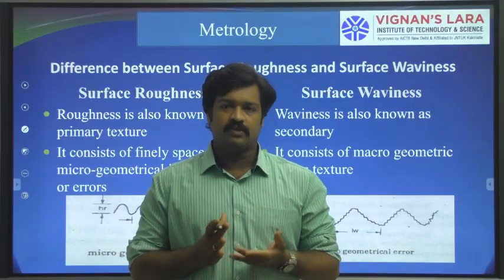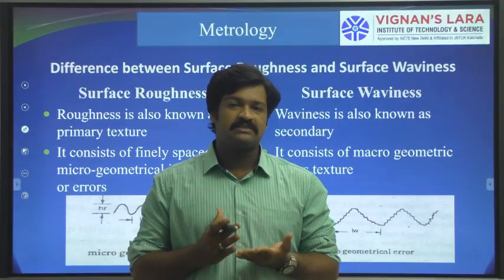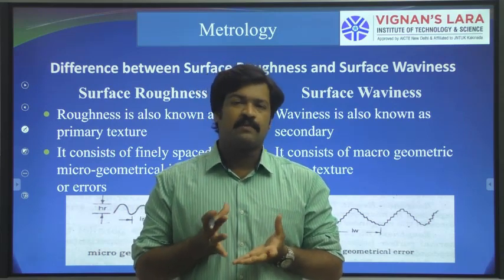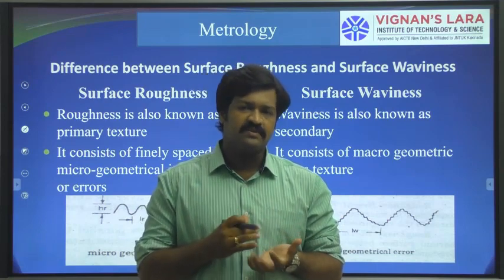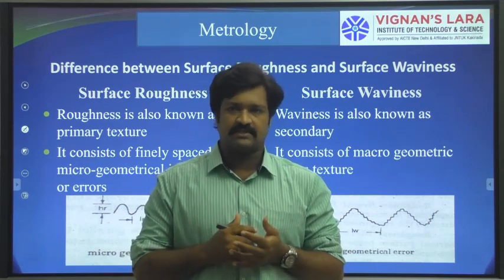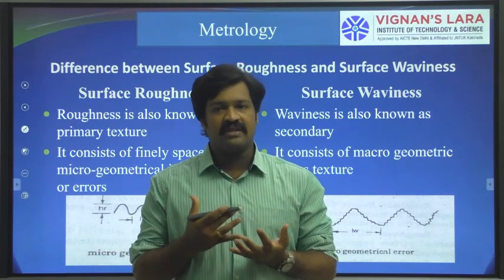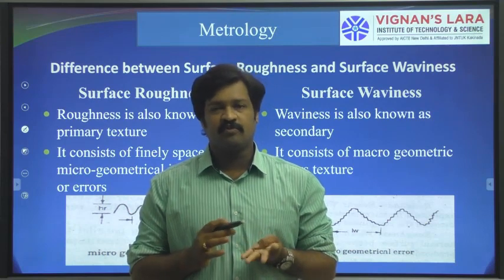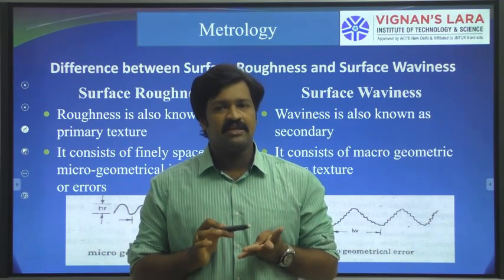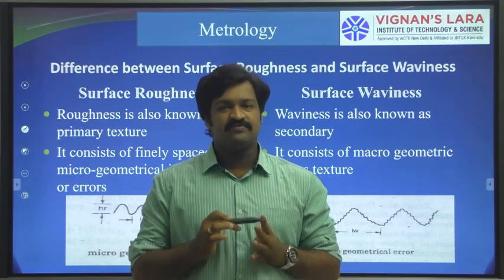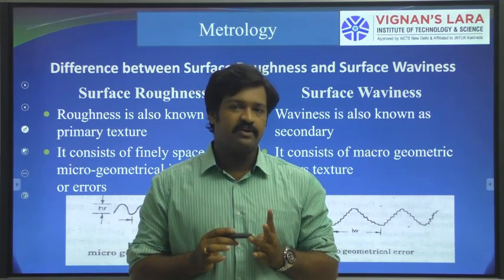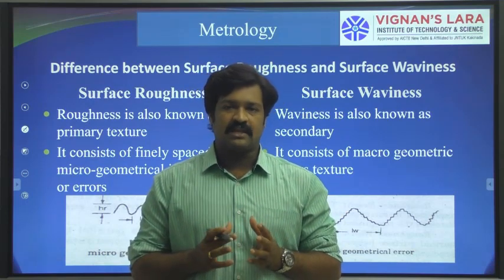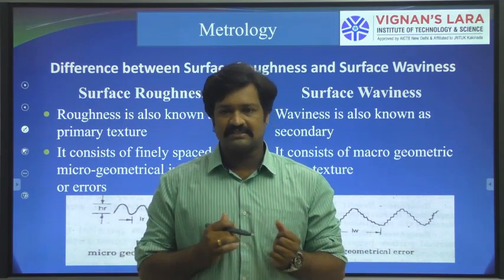Good morning, everyone. In the last class, we discussed the importance of surface finish or surface roughness. Depending upon the application, we can go for different types of surface finish, that is surface texture. After that, we discussed various orders of irregularities. The irregularities can be classified into four types: first order, second order, third order and fourth order. These four orders of irregularities are classified into two types, that is primary texture and secondary texture, under the roughness as well as the waviness.